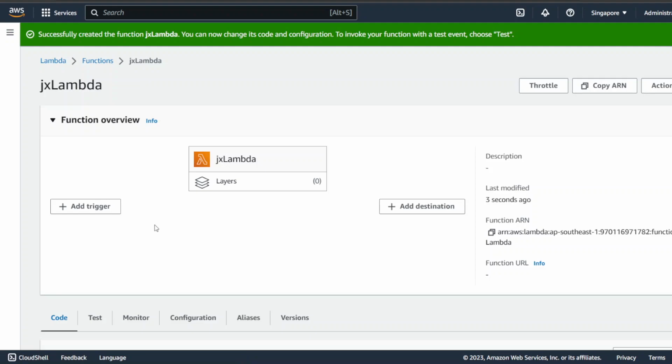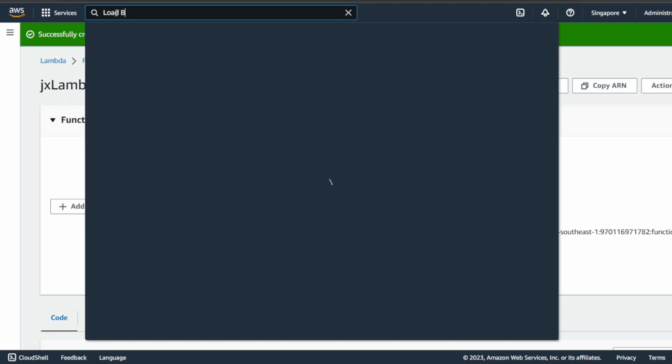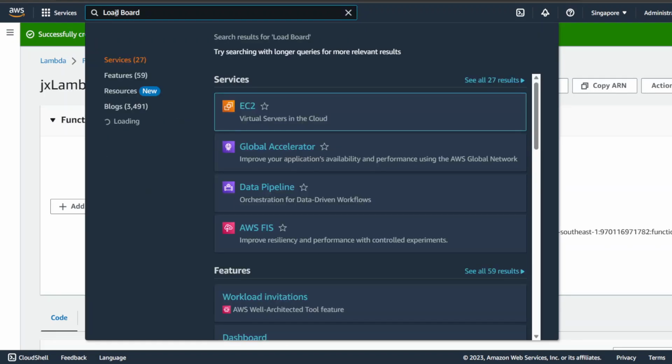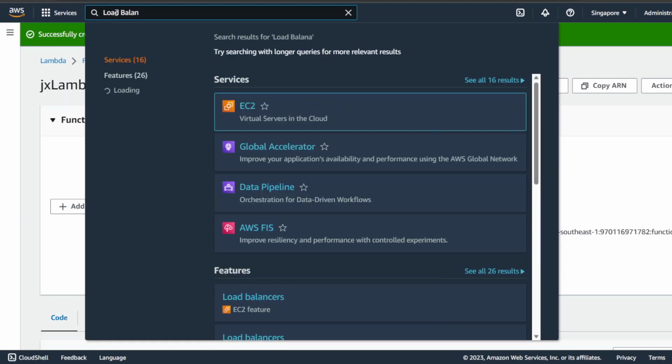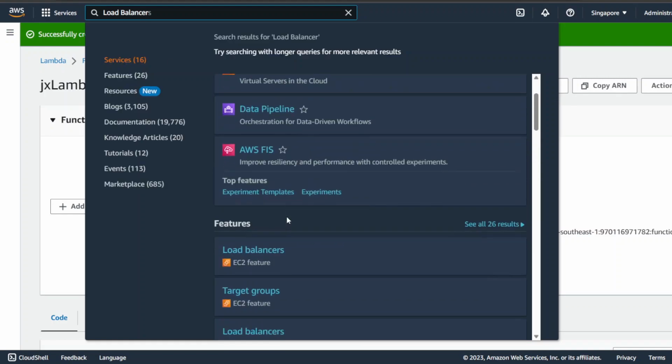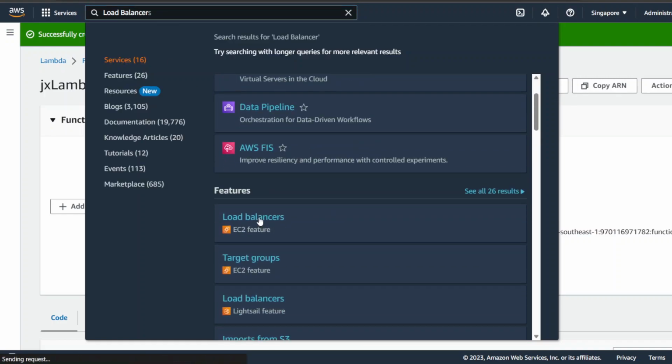Now we want to put a load balancer, because a load balancer